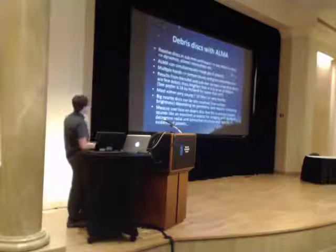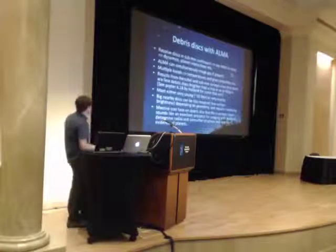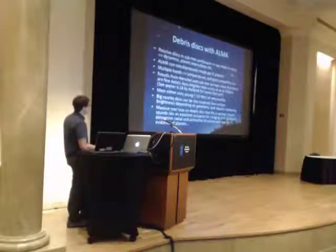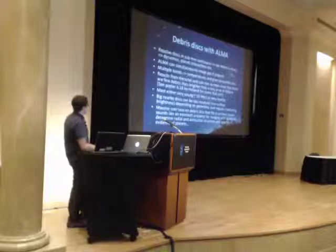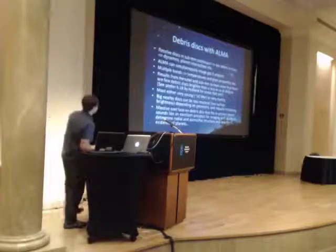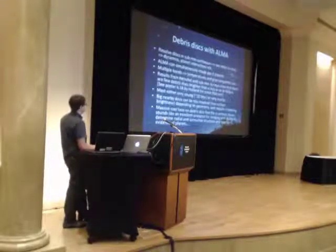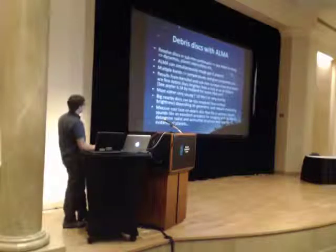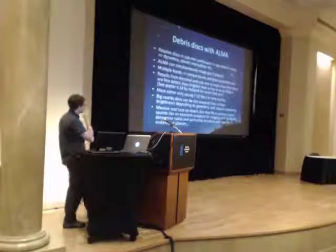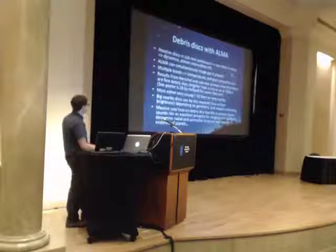ALMA can do that. It can also image any gas if present, as was shown for Beta Pictoris this morning. And if we get multiple bands, then we can get some resolved SED information, get some grain properties and temperature properties. However, the problem with debris disks is that in the sub-millimeter, they just tend to be faint. I mean, there are definitely examples that are bright in the sub-millimeter. And Wayne has a very nice poster on this, poster 6.18, with some of the examples coming out of the